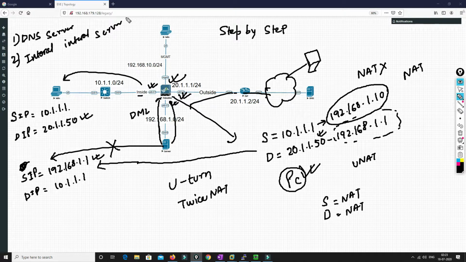So there are two conditions. First, you are not managing the DNS server locally in your organization, and you are outsourcing your DNS server outside. And if the user is accessing a server which is accessible by the internal user itself, in that case the U-turn NAT will be